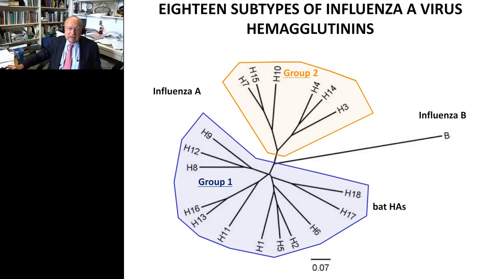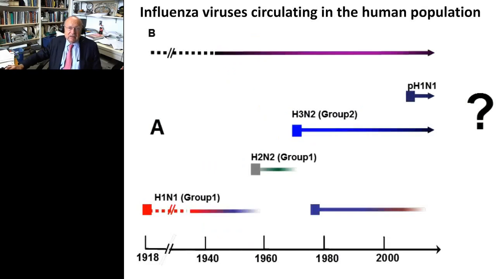Now, the epidemiology of influenza viruses is quite interesting. It's complex. So the next slide shows the different influenza viruses which are circulating in the human population. And as I mentioned before, we have the 1918, and that was an H1N1 virus, and I will briefly discuss a little bit more what we know about the H1N1 virus. And these viruses were present from 1918 until 1957, and then we got a new